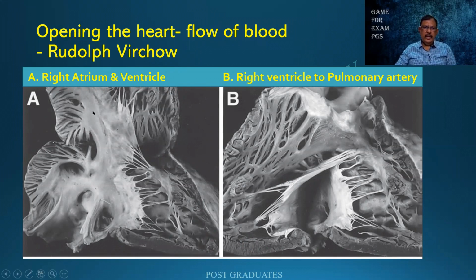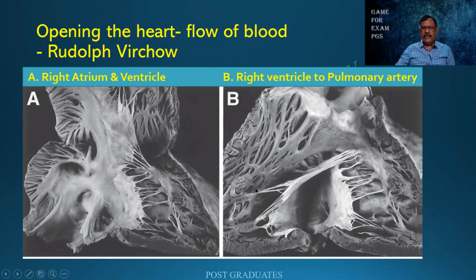Initially, as I mentioned earlier, the right atrium and the right ventricle. The right atrium is opened up and then the right ventricle is also seen below. One thing I would like you people to appreciate is that there are a lot of foldings and ridges, which makes this different from the left side. The left side, you find, is a little more bland. I have to look into the pulmonary artery and the tricuspid valve, and finally I will have to open it up. And when I do, I'll be finding the pulmonary artery over here. So I look for any abnormalities. They can be acquired, they can be congenital.